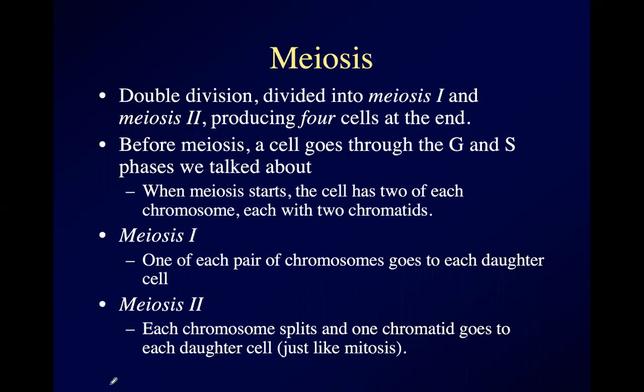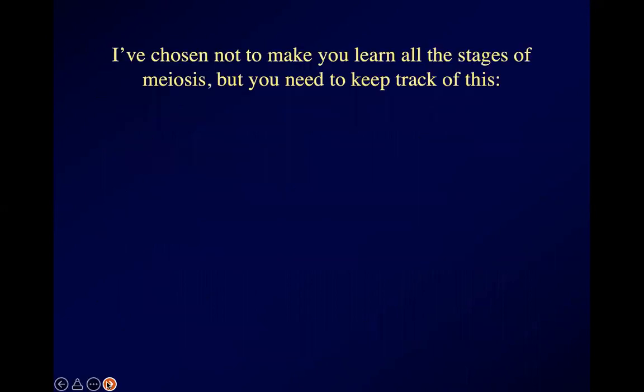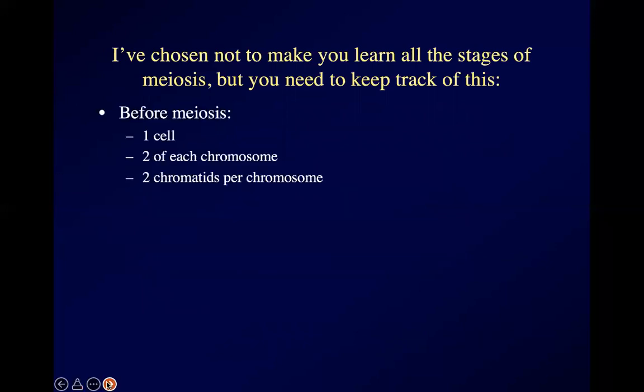Meiosis 2 looks a lot like mitosis does. And each one of those divisions, meiosis 1 and meiosis 2, can be divided into prophase, metaphase, anaphase, and telophase. So we can have prophase 1, metaphase 1, anaphase 1, telophase 1, prophase 2, metaphase 2, anaphase 2, and telophase 2. I'm not making you learn all of those, but here's the basic accounting that you need to be able